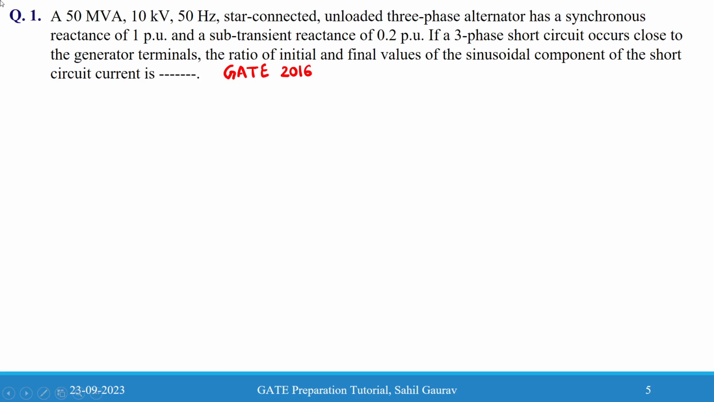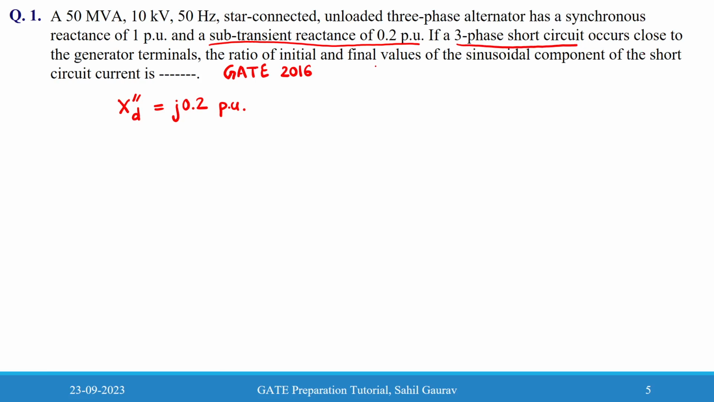So here, what are the things we have given? Some sub-transient reactance is given of 0.2 per unit. So Xd'' is given as j0.2 per unit. And here a symmetrical fault is happening, that is a three-phase short circuit is occurring close to the generator terminals, the ratio